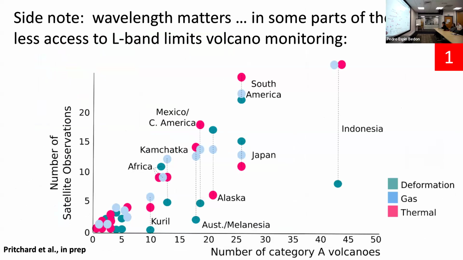So this is a figure that we put together for a USGS report on how to use satellite remote sensing to improve volcano monitoring. So the x-axis here is a number of category A volcanoes, which for our purposes is essentially how dangerous the volcano is, which is something that we calculate on the basis of how active it is, how recently active it's been, but also how many people are exposed to hazards from that volcano, so a population exposure index around the volcano. So you can see the countries that have a higher proportion of category A volcanoes include Indonesia, and countries in the Americas as well.